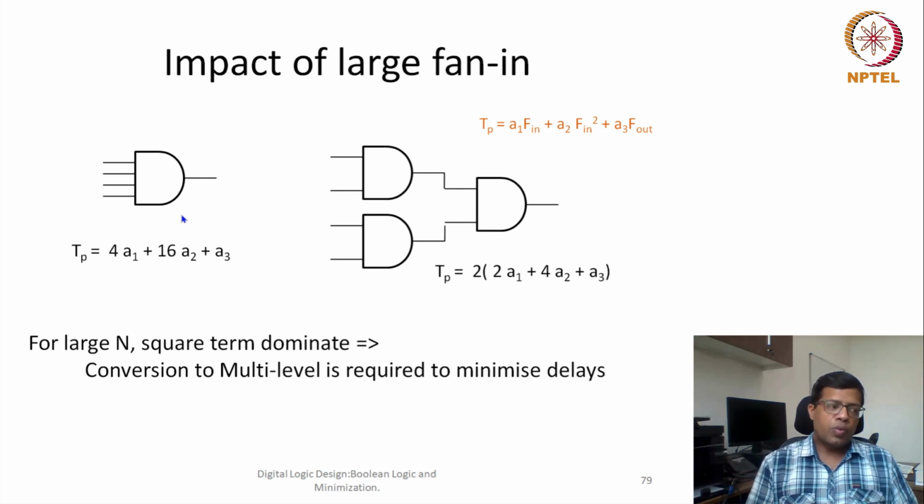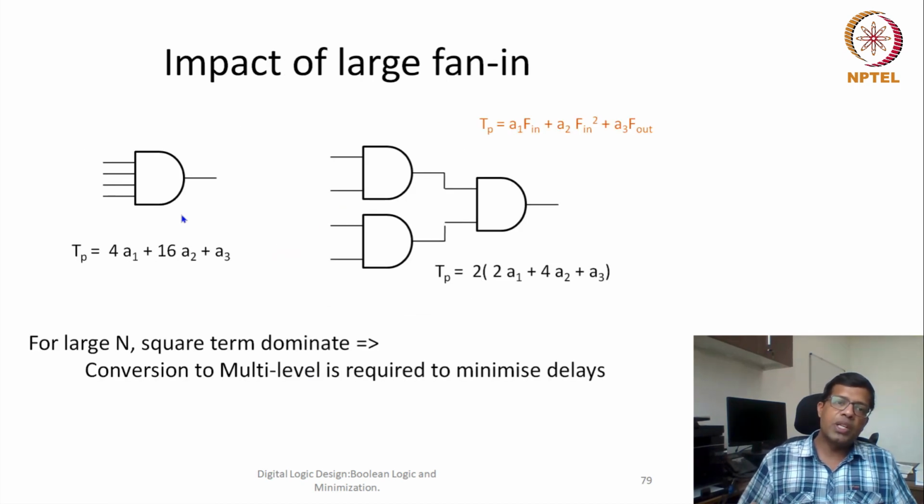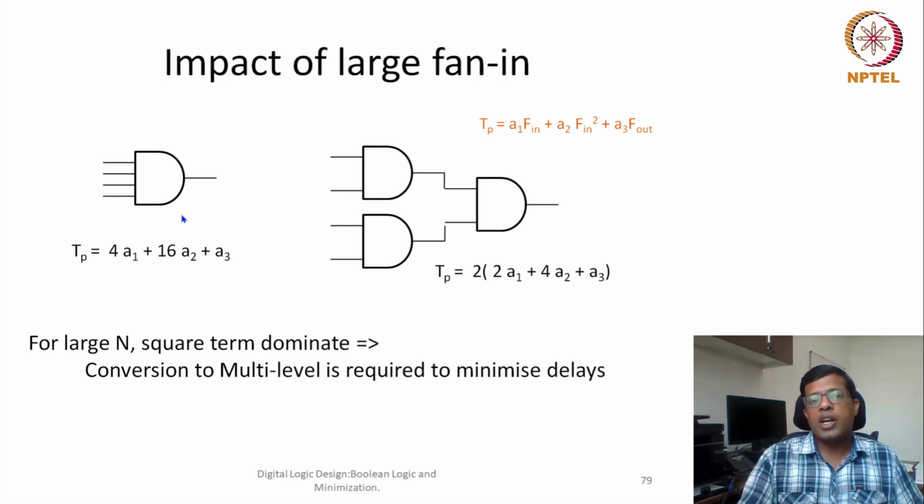Okay, so what is done finally depends on how many inputs are there. Sometimes, if inputs exceed a certain number, then it usually gets implemented as multiple stages instead of two stages. Although it would look like two stages, finally in the hardware we will implement it as a multiple stage circuit. And we'll see in a couple of minutes that there would be other advantages also if we implement it as a multiple stage circuit.